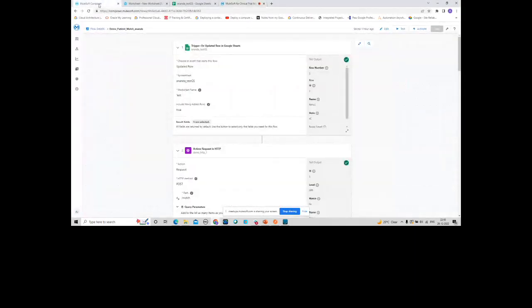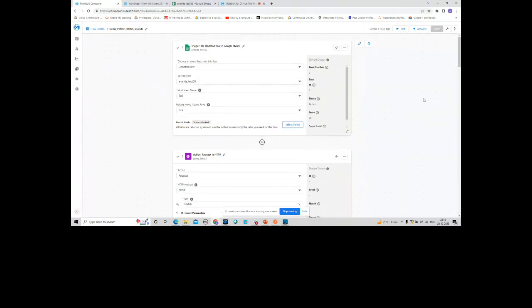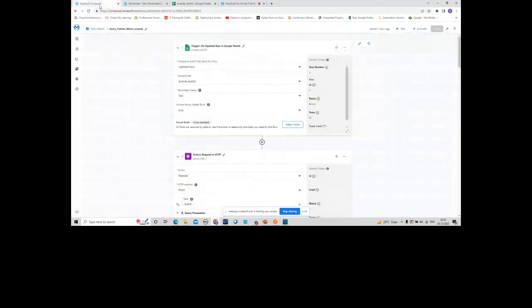And this is my MuleSoft Composer, and this is the flow. Let me go to the edit mode so that I can explain the flow. I have a triggering event in the MuleSoft Composer, which will start the flow. This is the Google Sheet worksheet where, if I update something on this row, it will start the Composer flow.